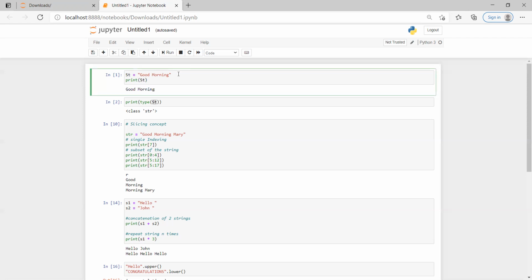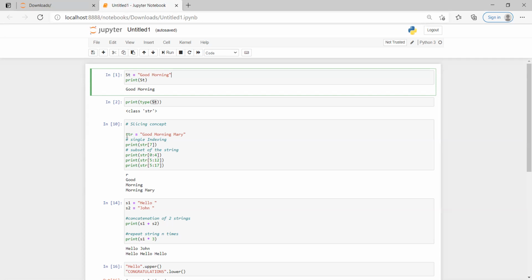Now I'm going to show you something related to the slicing concept. The slicing concept is used if you want to get a substring from a string, or a letter from a specific location, or a group of letters starting from one point to another point, which is nothing but a substring.